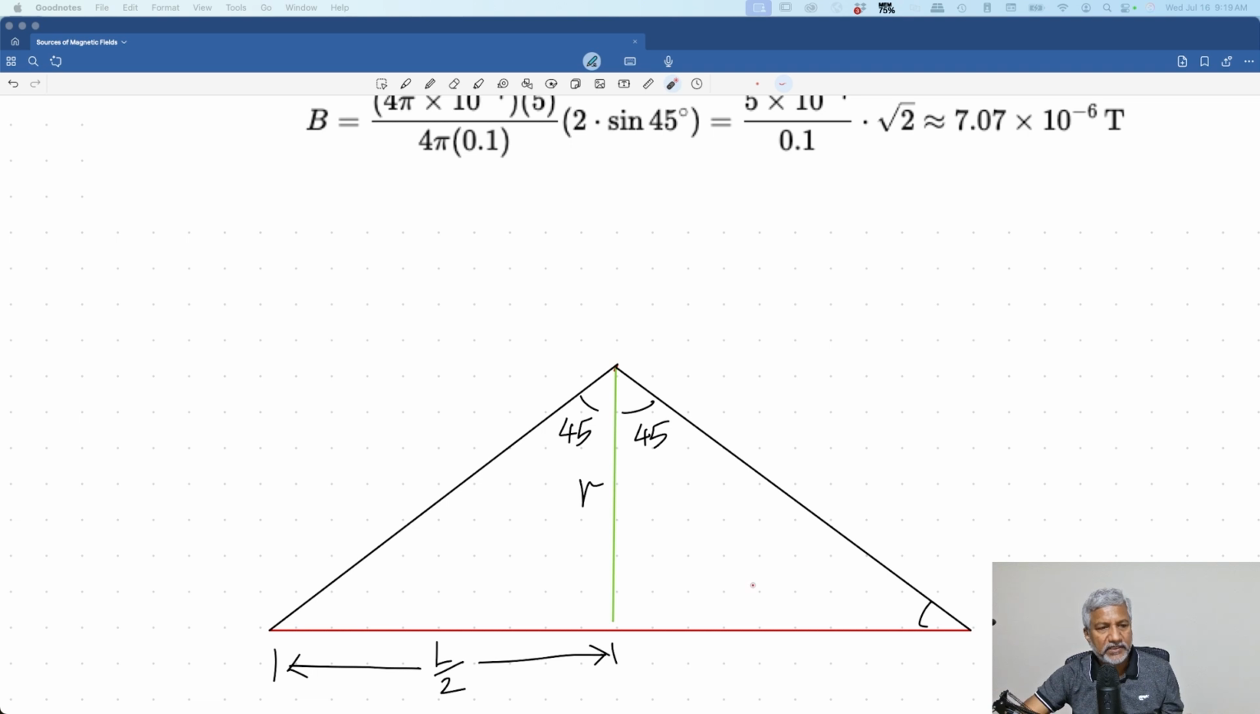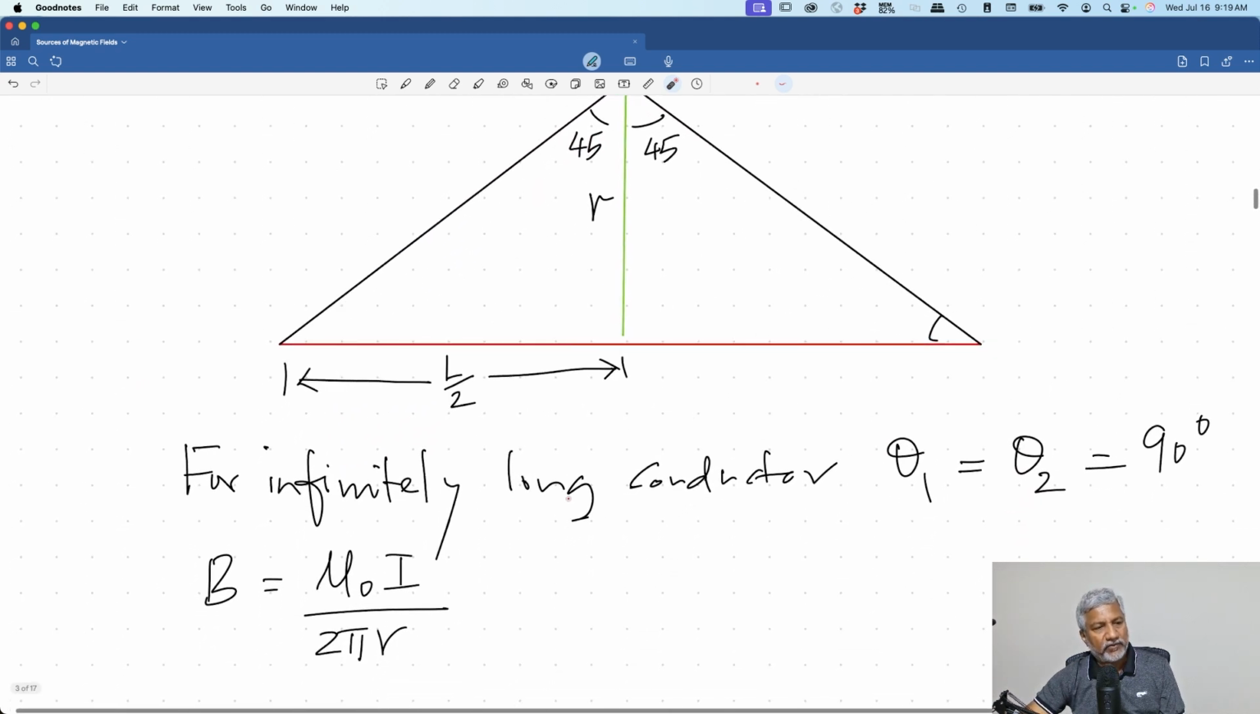So now the question is, what if the conductor was infinitely long? If that was the case, then this angle would become bigger and bigger, right? As the length increases, this angle would become bigger, and if of infinite length, then the angle would become 90 degrees on both sides. So for an infinitely long conductor, theta 1 and theta 2 both are 90 degrees,